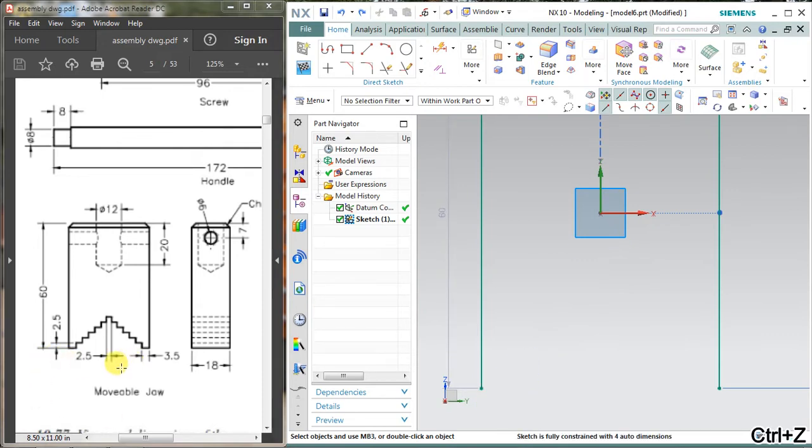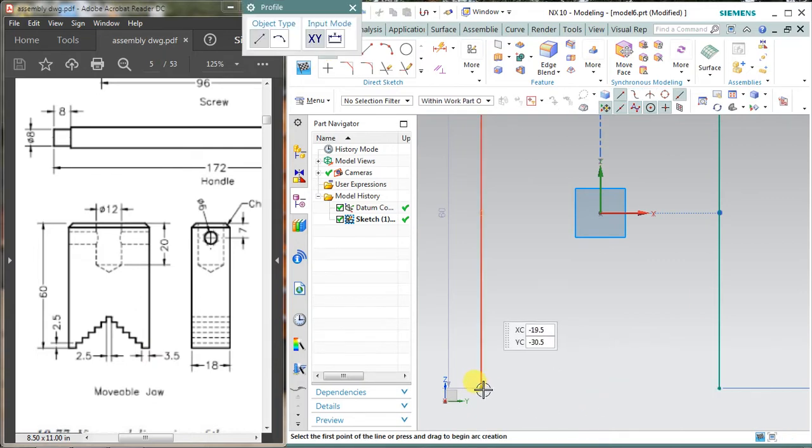Because I think this is 3.5. So take line, draw a horizontal line 3.5, enter, angle 0, and upward direction 2.5, enter, 90, enter. Again horizontal 3.5, enter, 0, enter, and upward direction 2.5, enter, 90, enter. 3.5, enter, 0, and upward 2.5, enter, 90 degrees, enter.